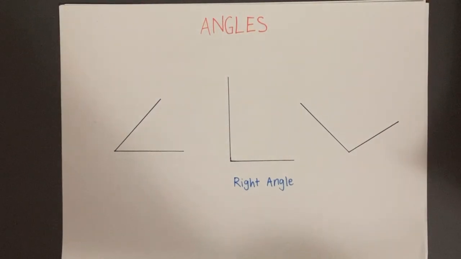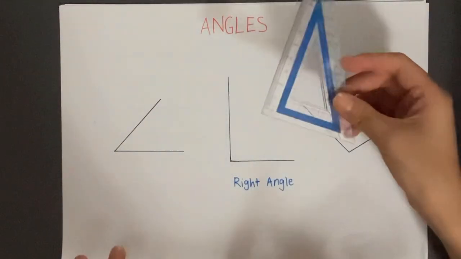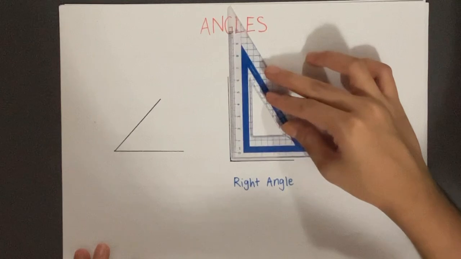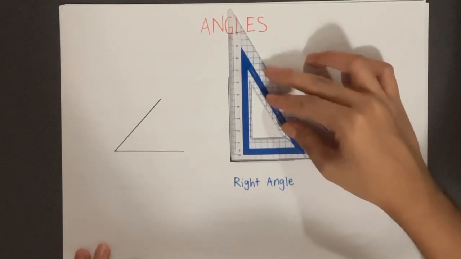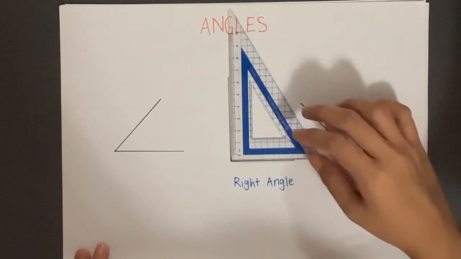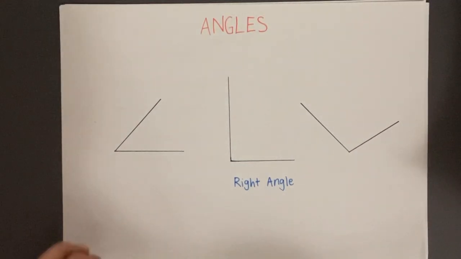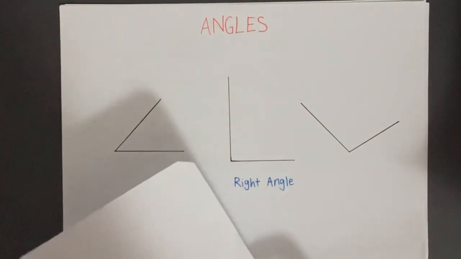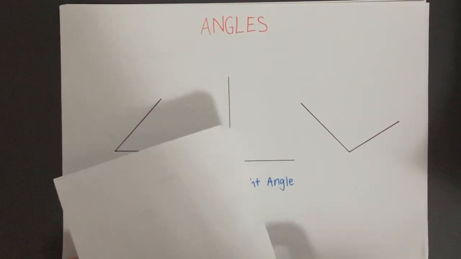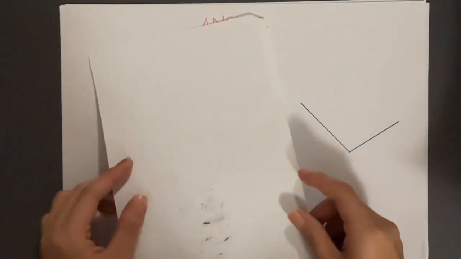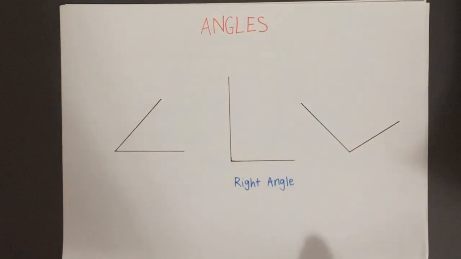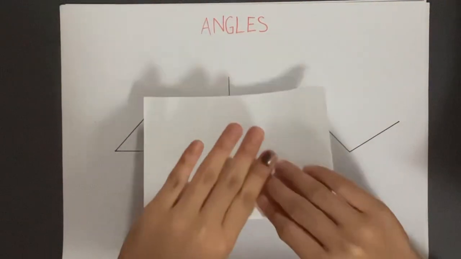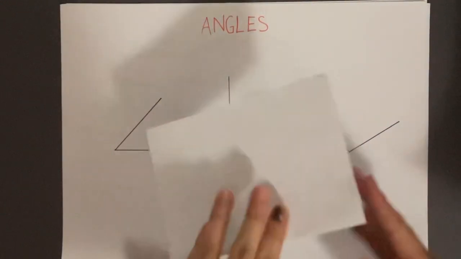And let's say I want to use my set square. So this is a set square. If I use my set square, I can see that both lines lie at the sides of my set square. And let's say I don't have a ruler or a set square. I can just take any piece of paper. It doesn't have to be any particular shape. But let's say this is my piece of paper. If I fold it into half, and I fold it into half again,